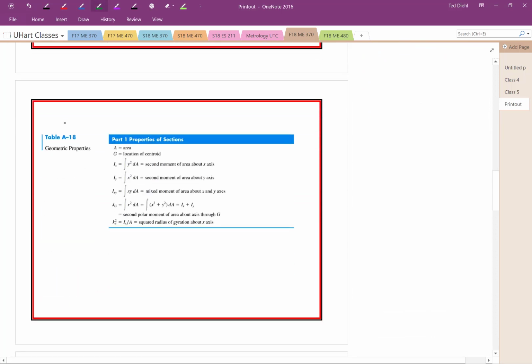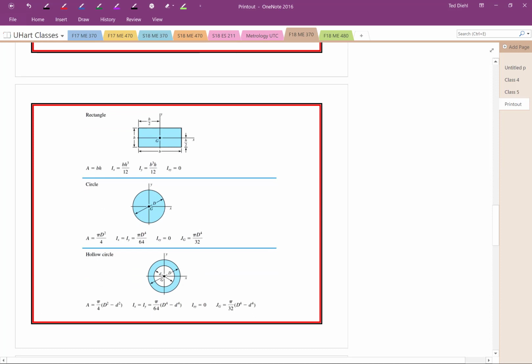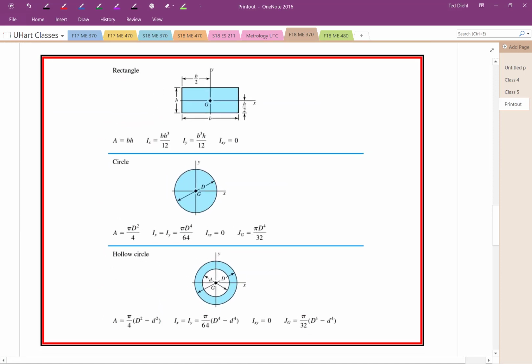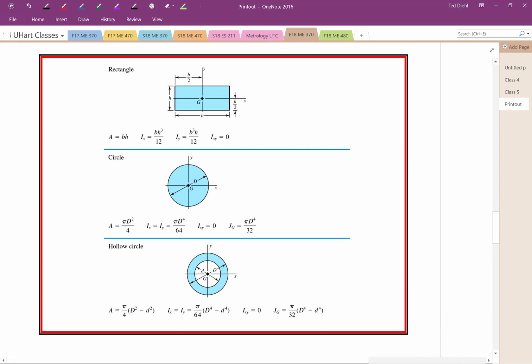So this is where it's located in Shigley in table A18 back in the appendix. It gives you a rundown of what you're looking at, and it gives you the basic shape. These are the ones you really care about, because the method we're going to use to find moment of inertia is almost always going to be by composites, taking simple forms and adding them, or sometimes subtracting them,